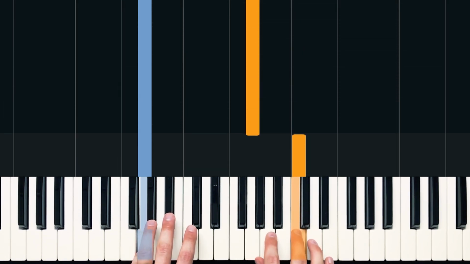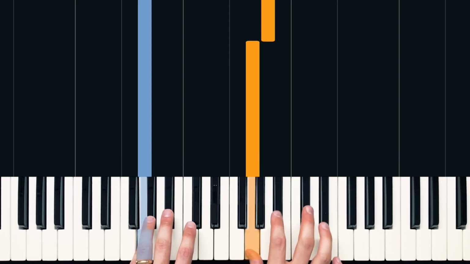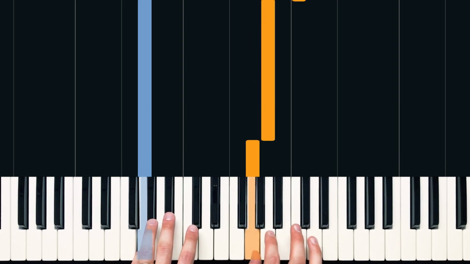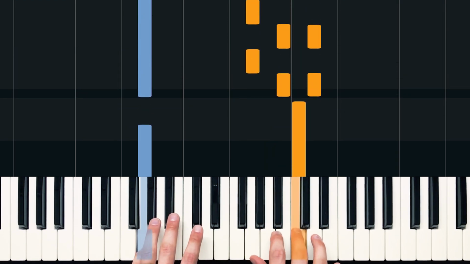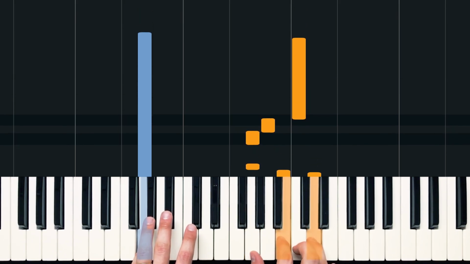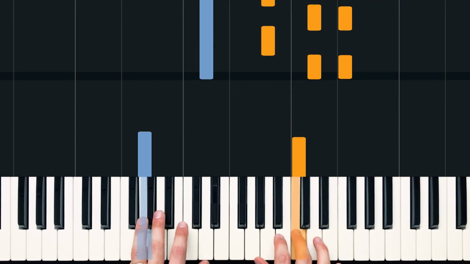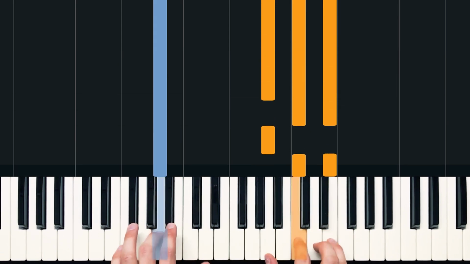So on beat 4, we're just slightly modifying that lick we already played. We're playing a G on beat 4 with our thumb in the right hand. Then on the E of beat 4, we're playing an A with our pointer finger, and on the and of beat 4, we're playing a C with our middle finger. So 1 and 2 and 3 and 4 E and. Then after that, we're going to go back to our D minor chord, to our A minor chord,